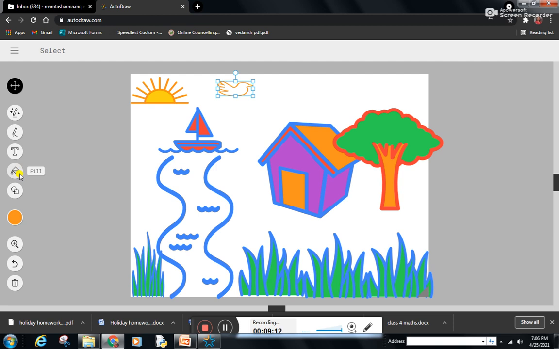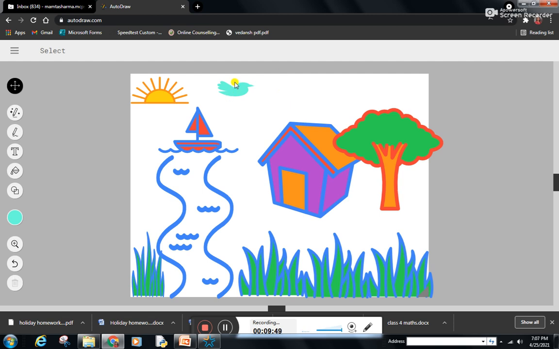So we can fill color in this. We can select the color. By clicking on this arrow, we can select more colors also, right? Suppose I want to fill this gray color. No, it is not looking good. So if I want to fill this blue color, we can fill the color also. Clicking on this, the color will be filled. And by clicking on this, you can copy and paste. You can take as many copies as you want, right?